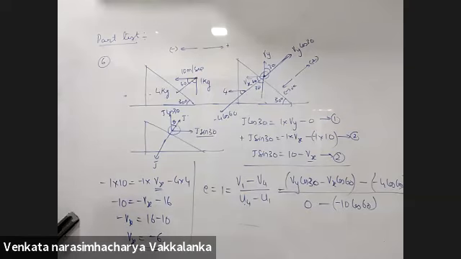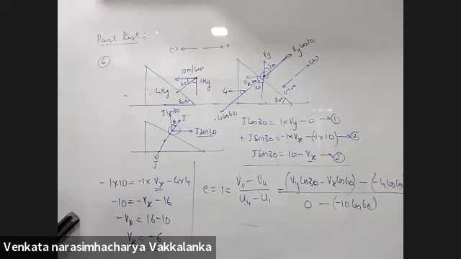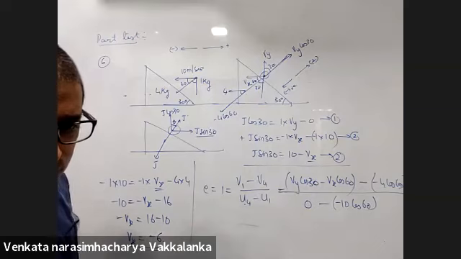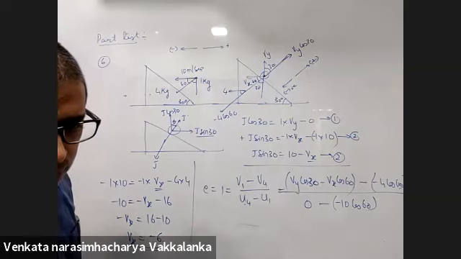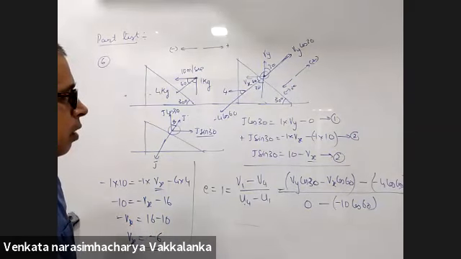But the final V should be greater than 6, right? What do you mean by final? If we add Vy and Vx, it should be greater than 6. So in the previous method, we got V is 6. Yes. And here, root of Vx square plus Vy square will be greater than 6. Yes, sir.